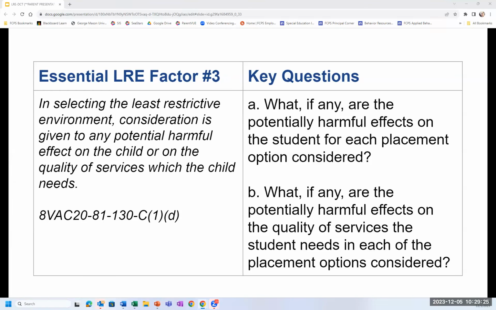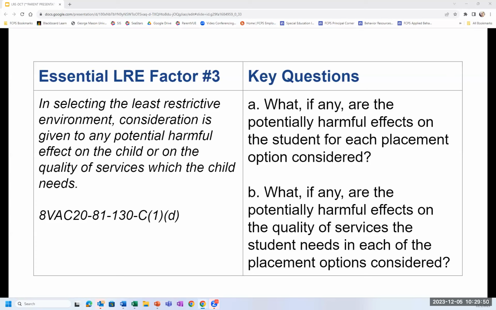So when you think of harmful effects, teams could consider diminished access to the full range of the curriculum, including potential electives, or a lack of opportunity for social interaction and decreased opportunity to build relationships with peers.